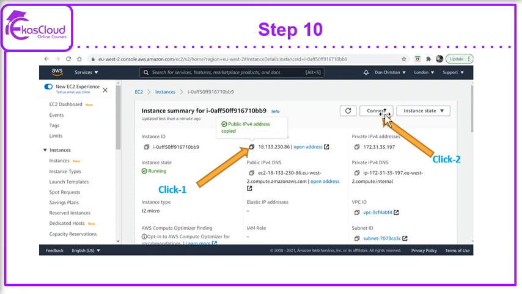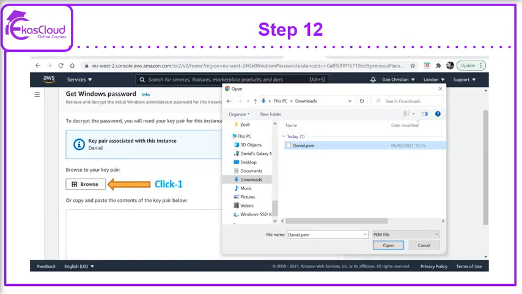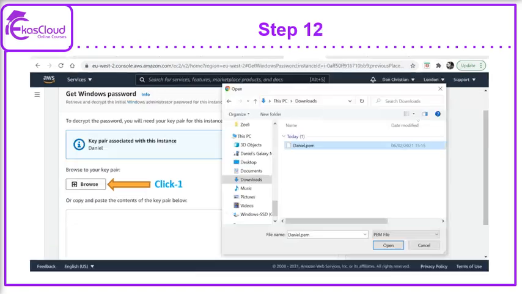address and click connect. When you click connect, it takes you to this page where you choose RDP client and download a remote desktop file, and then from there on you move on to click get password, which is at the bottom of the page here. When you click get password, it basically opens up your downloaded key pair, which is in your download section, and then you open the PEM file,